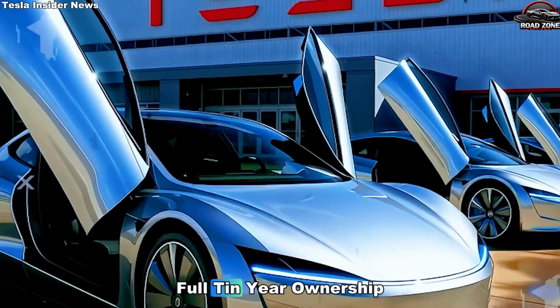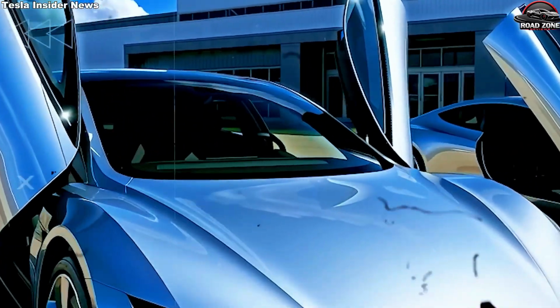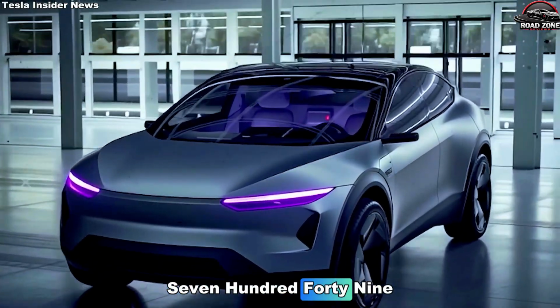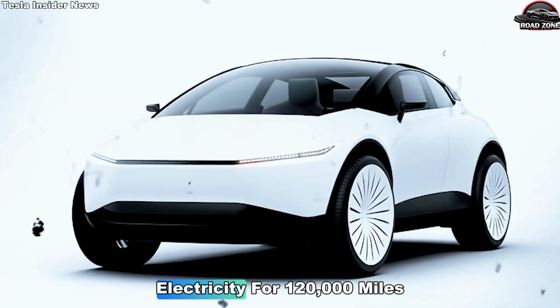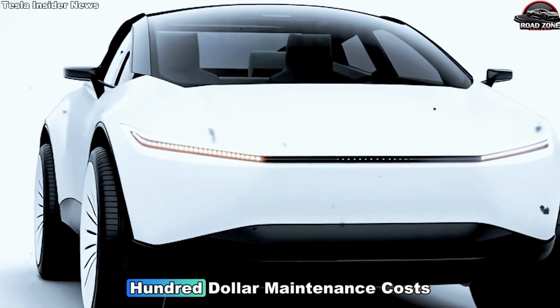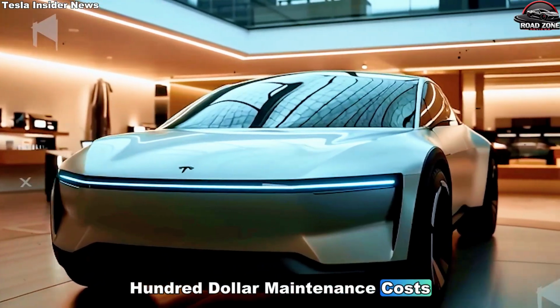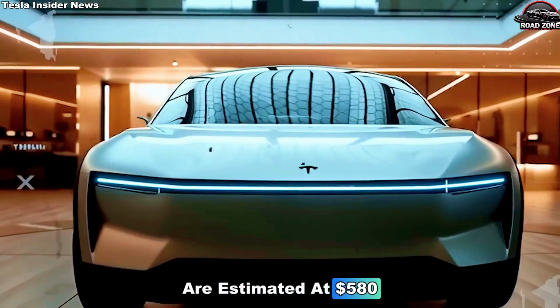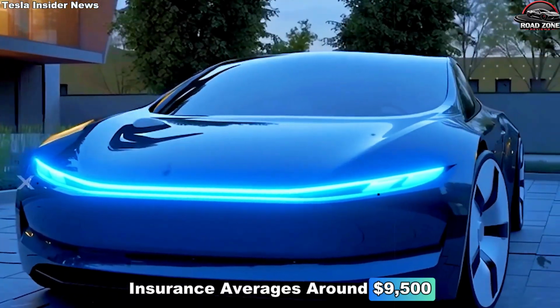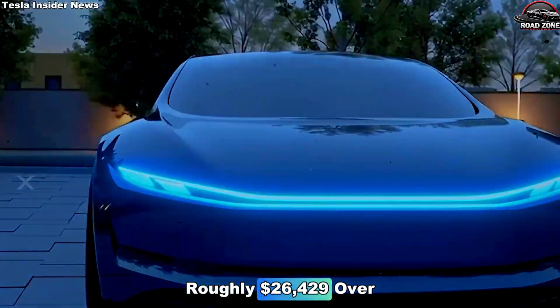Now look at the full 10-year ownership picture. The Model 2 purchase price comes in at $12,749. Electricity for 120,000 miles totals about $3,600. Maintenance costs are estimated at $580. Insurance averages around $9,500. The total comes to roughly